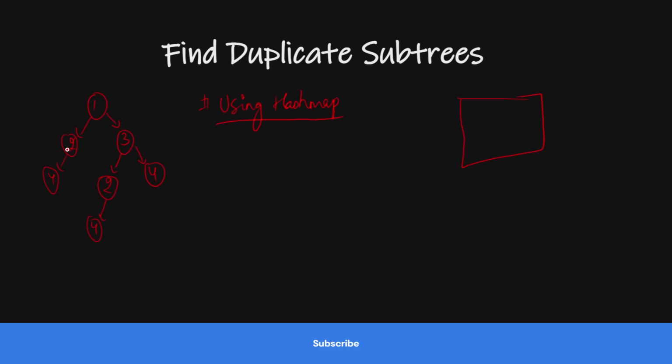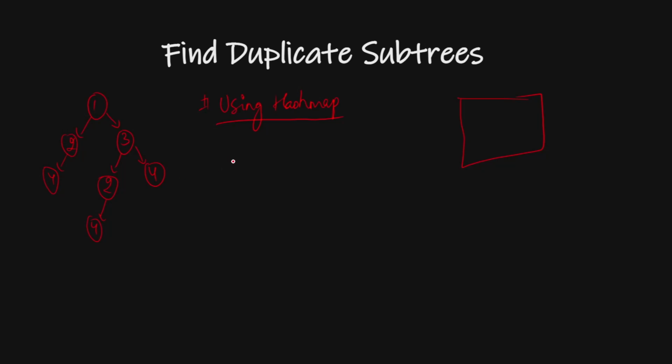So how can I store this? For that, I will use serialize and deserialize of a binary tree. So how would I serialize it? Suppose I have a tree with nodes 1, 2, 3. First of all, this is my root, so I will make a string, and in the string I will have 1, this is my root, and then I will have its left node, then its right node. So this is how I will make my tree string.